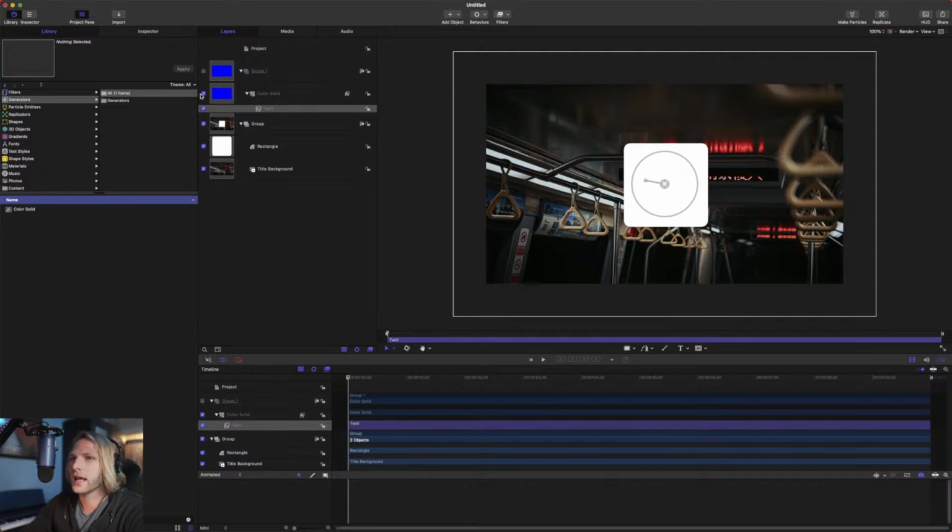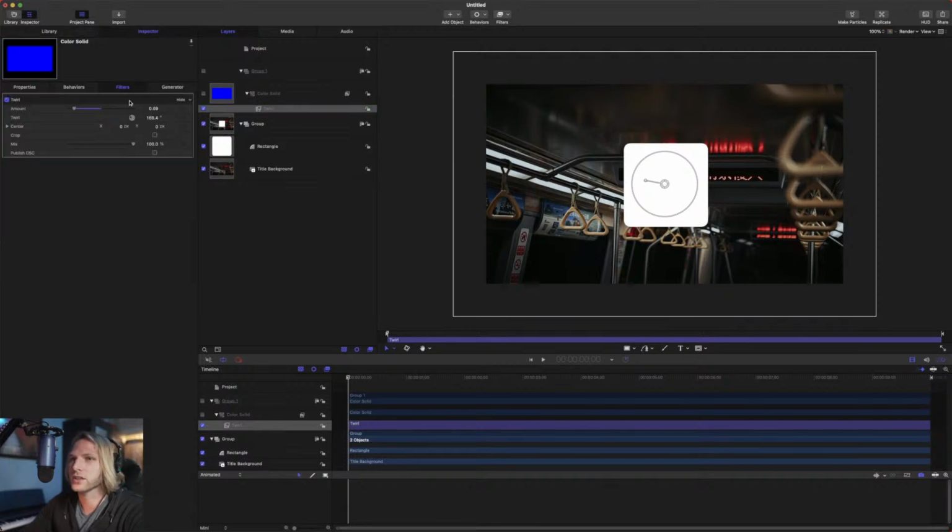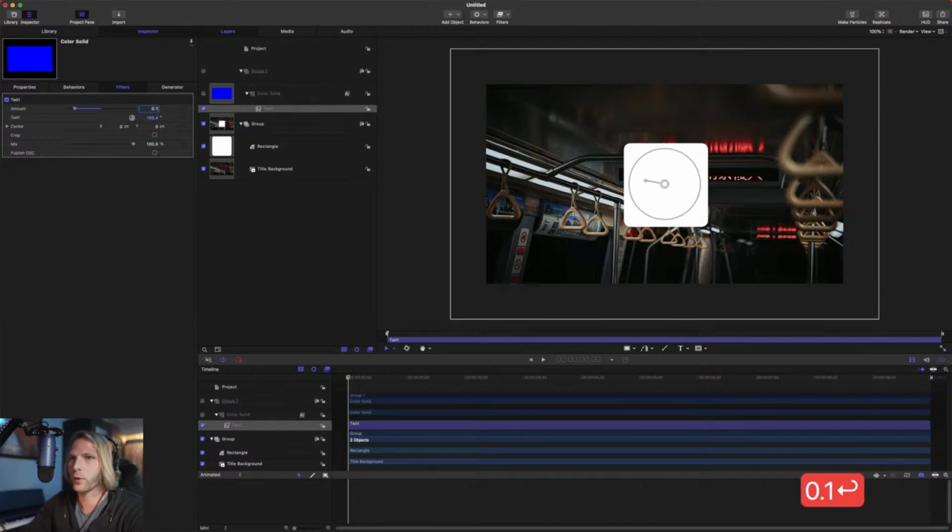And we'll just make sure that that color solid is really invisible. And I'm actually going to set the amount to 0.1. Again, it's a lot easier to work with clean, even numbers when you're designing a plugin. Okay, so we've got the